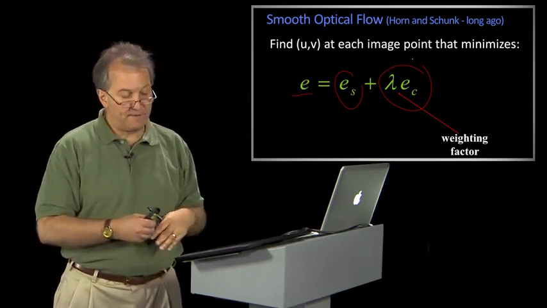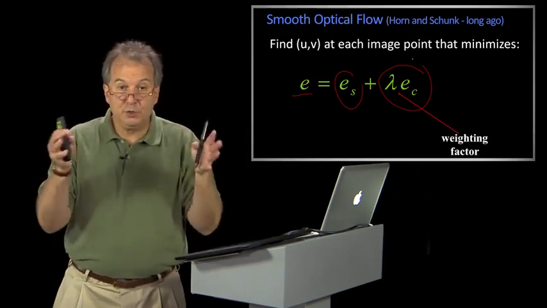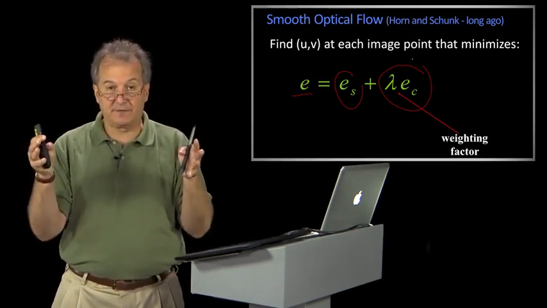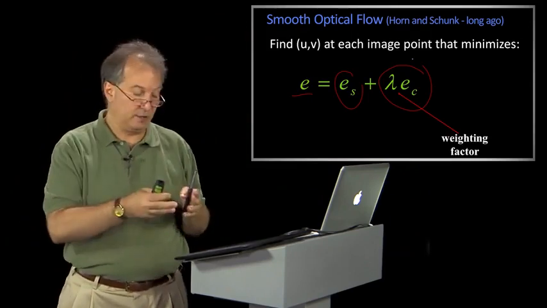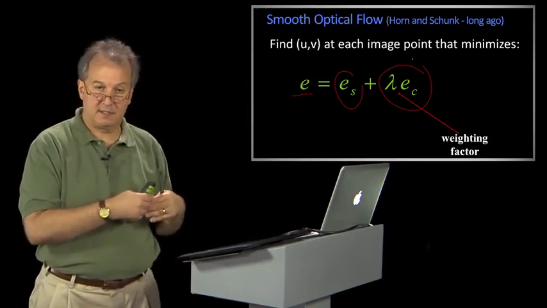So this was part of a general approach, a variational approach, where you solve for u, v as a function of x, y. That is, you find the optic flow, u and v, for every pixel that tries to minimize this error. It's somewhat painful to try to implement systems that can